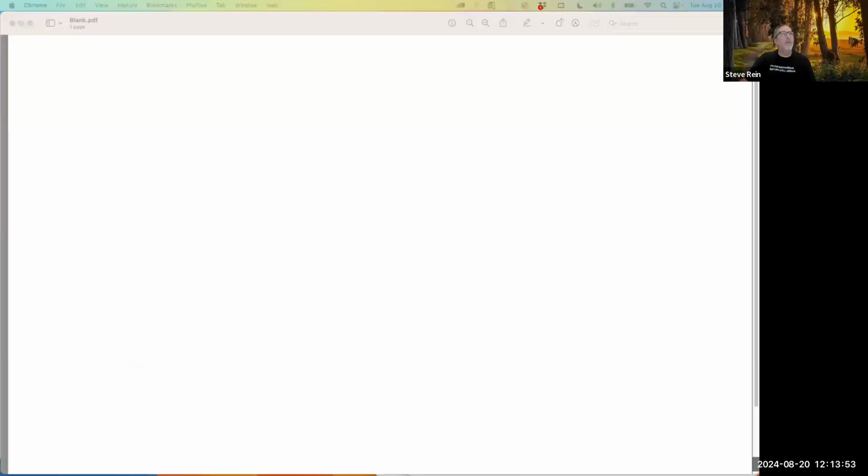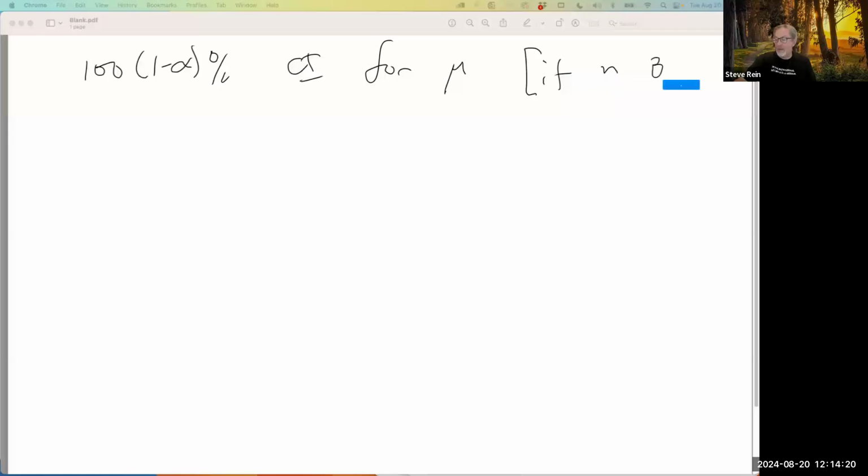So here, let me put this over here so I can see stuff that I need to see. Okay, so yesterday we talked about this confidence interval, and let me remind you of the way that it looks. Our 100 times 1 minus alpha percent confidence interval for an unknown population mu, if n is big, we're allowed to use this particular method. And by big, I would say 25, 30, 50 individuals. We'll be a little bit more precise about what big is, but it depends on the nature of the population you're sampling from.